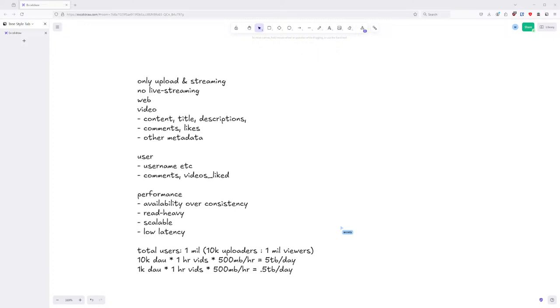So for the total storage, can we assume that the videos will be kept for 10 years? Sure, that's fine. Okay, so the upload is 0.5 terabytes per day, and 10 years times this many days in a year. We're just gonna use my calculator real quick.